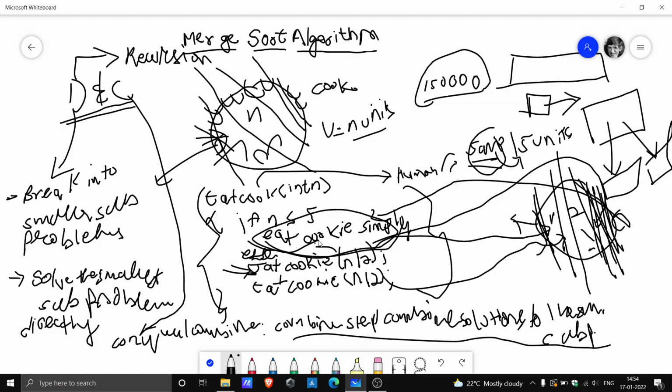After these smallest subproblems are solved, we combine the solutions to these subproblems, and that's where the conquer step comes. I know it looks slightly tricky or kind of unintuitive right now, but as I explain merge sort completely, it'll be a complete explanation for you. And this is basically what happens.